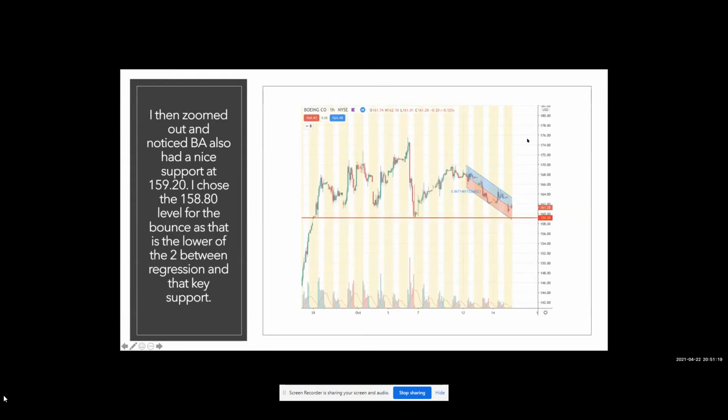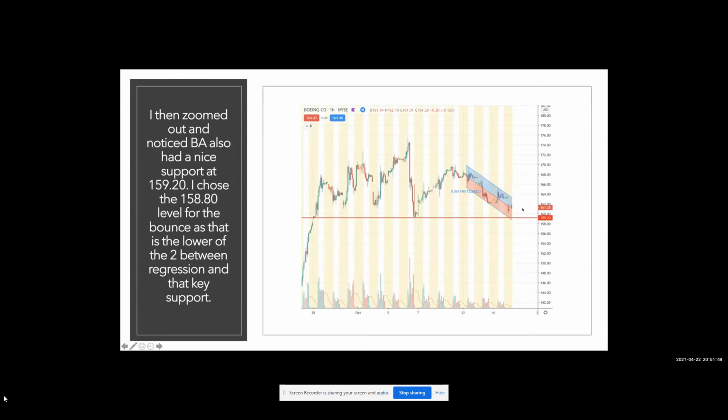I then zoomed out and noticed BA also had a nice support, right? This is now the 1-hour chart. And I noticed it had a nice support at 159.20. I chose the 158.80 level for the bounce, as that is the lower of the two between regression and that key support. Right, so I'd rather get in at a lower level than a higher level and have to average